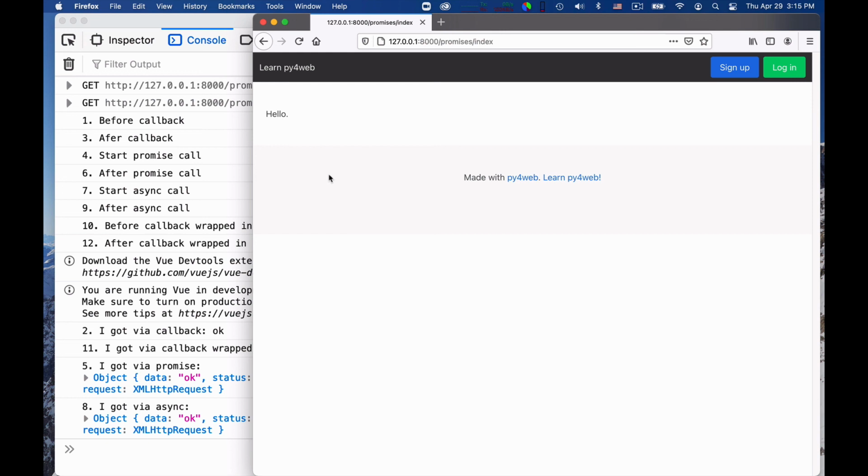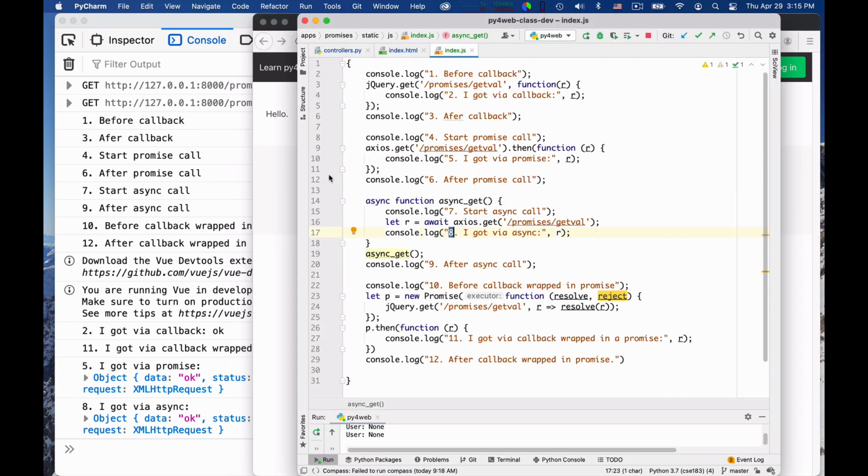By the way, this also tells you something, that if you want to do multiple requests in parallel in JavaScript, it's quite easy. You simply write them one after the other, exactly as we have done here. Here we have amused ourselves using different ways of doing the request, to give you some flavor for variety. But if you start multiple requests, you're essentially sending them out all at the same time. And then once they come back, you will process them one by one. You could be doing tens or even hundreds of requests at the same time.